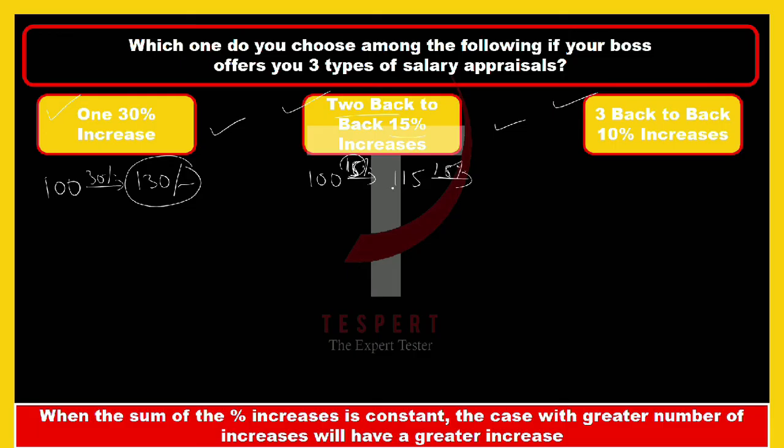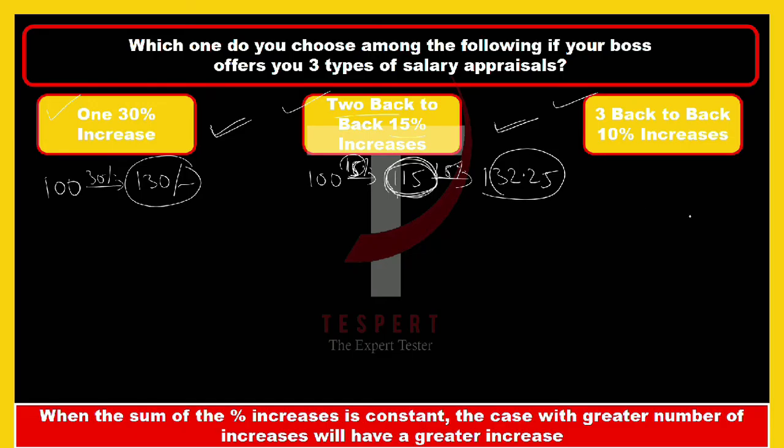Now 15% of 115, not 100, 15% of 115. Now the final value becomes how much? Just calculate. 115% of 115 is equal to 132.25. So in the first case you got 130 rupees, in the second case you got 132.25 rupees, and in the third case